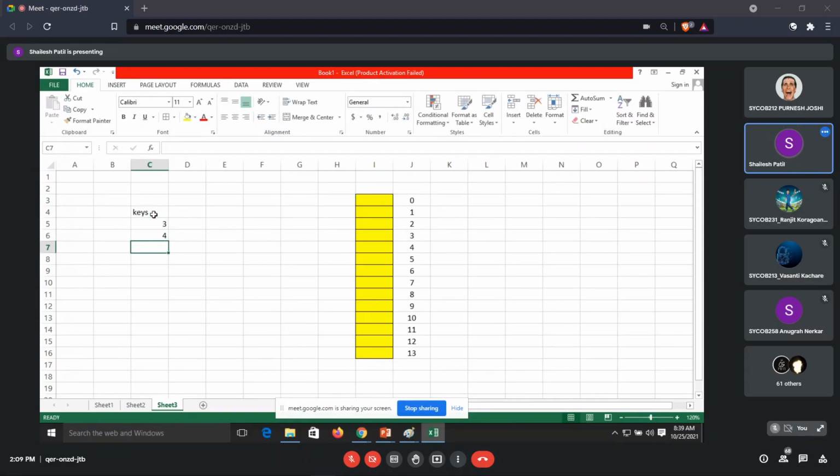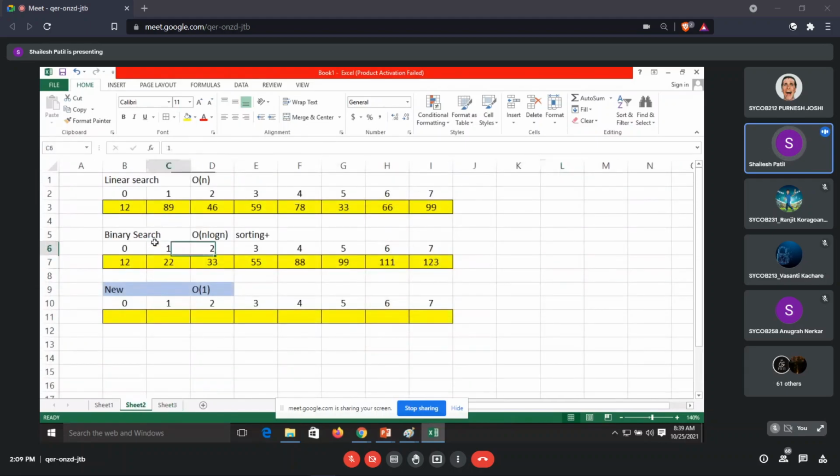We will have 3, 4, 7, 8, 9, 12, and 15. Suppose we'll have 12, and suppose we'll have 5. These are the numbers that I have to store in that array. Now with this approach, it's not possible to achieve the complexity of 1.